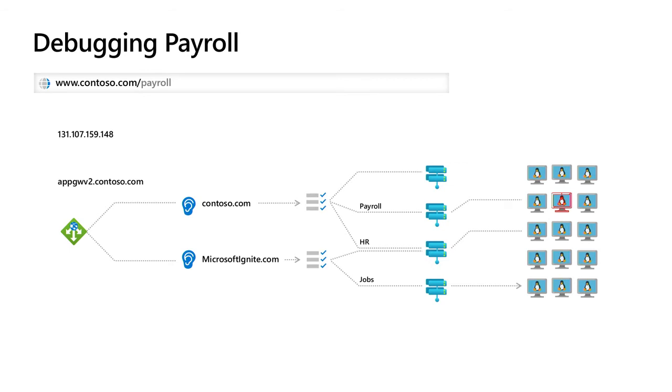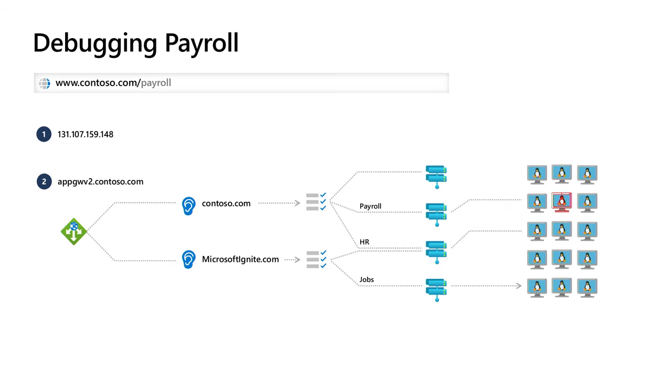First, users go to contoso.com/payroll and encounter a 500 series error. Next step, resolve contoso.com to its IP address. Fairly straightforward. NSLOOKUP will do the job. Next step, go to the relevant page in the Azure portal and figure out what the IP address is assigned to. It seems to be assigned to an FQDN.